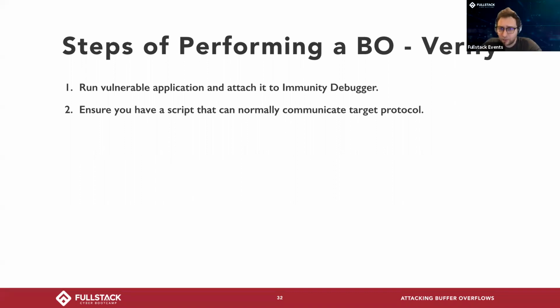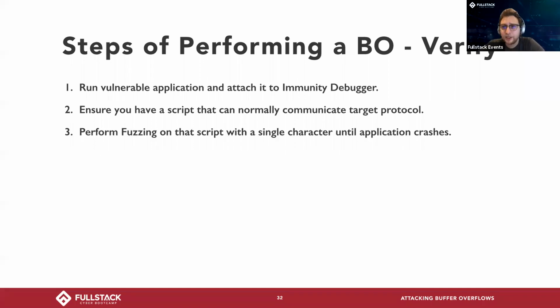The third step is to find the amount of input from our script that will cause something weird to occur in an application. All of these need to be user input points, right? Where can the user provide input? Maybe it's a search box, maybe it's a login form, whatever. In the case that we're going to do today, we're going to do a login form. So we're going to perform this thing called fuzzing, which allows us to use a single character like an A or a B or C, and we're going to add more and more A's